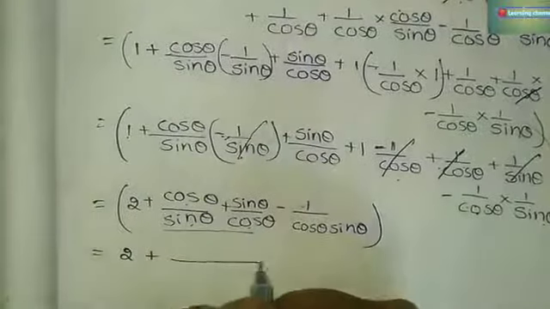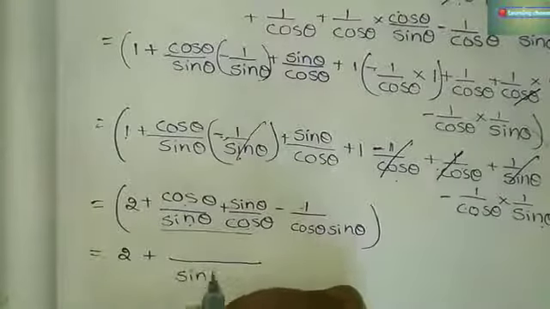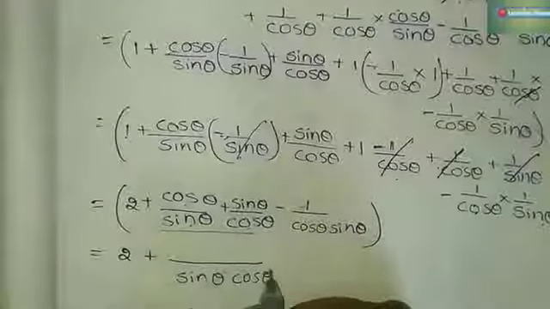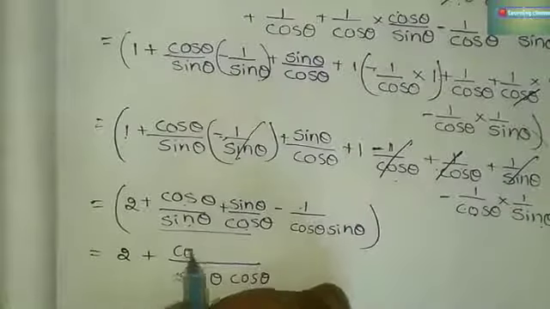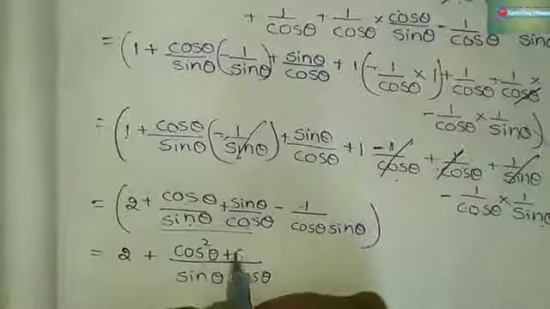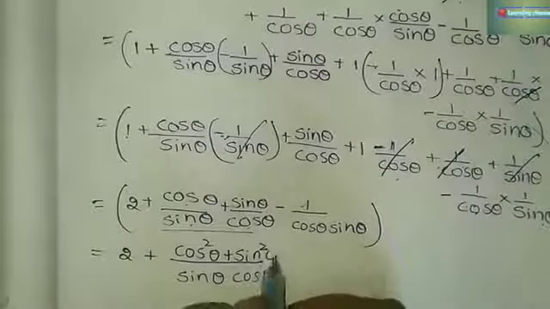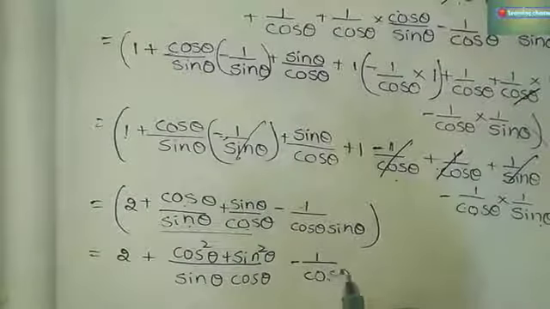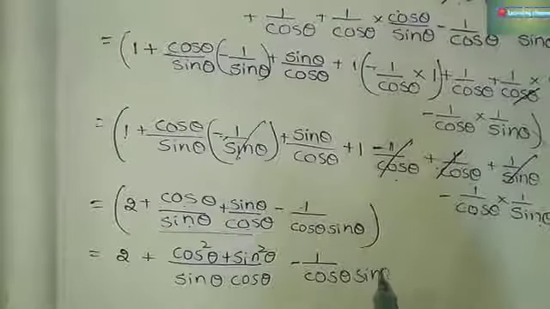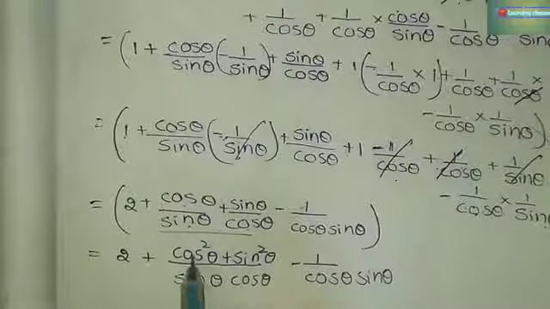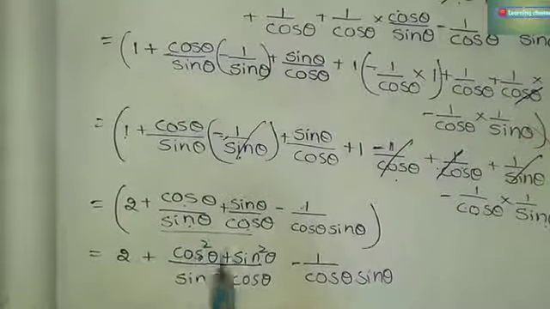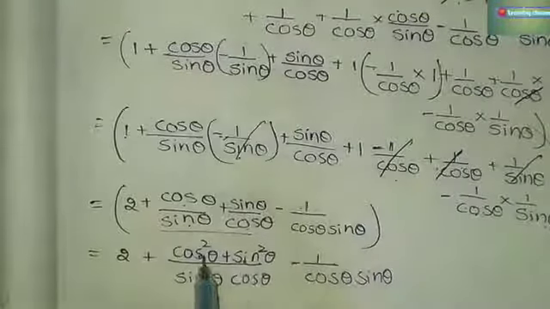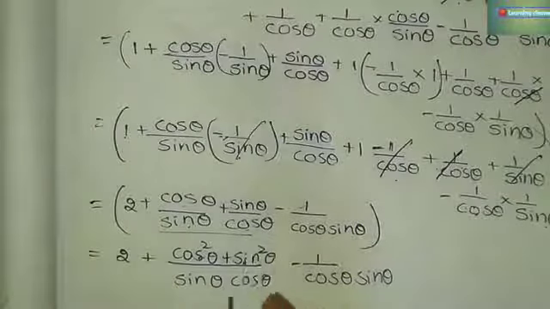Second question is, show that cosecant theta minus cot theta whole square is equal to 1 minus cos theta by 1 plus cos theta. For this, from the first identity, sin square theta plus cos square theta is equal to 1. From this, sin square theta is equal to 1 minus cos square theta. This is the deduction which we have to use to solve this problem.